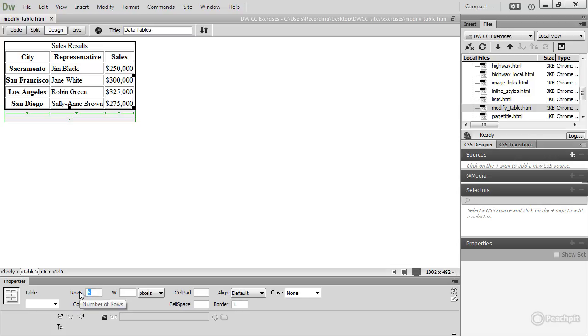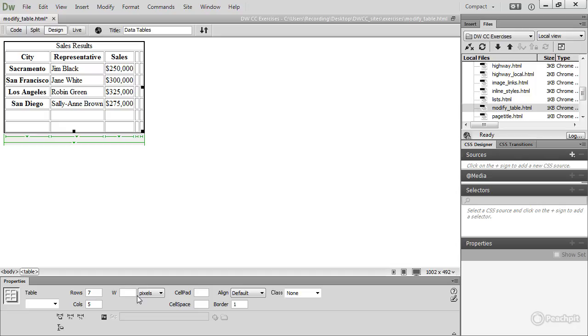If you increase the number of rows, they're added at the bottom of the table. If you increase the number of columns, they're added to the right. So, as you would expect, if you decrease the number of columns, they're taken away from the right. But if you've got a column with data in it and you reduce the number of columns, both the data and the column disappear. So let's undo that. And to get rid of the 2 rows at the bottom, reduce the number of rows